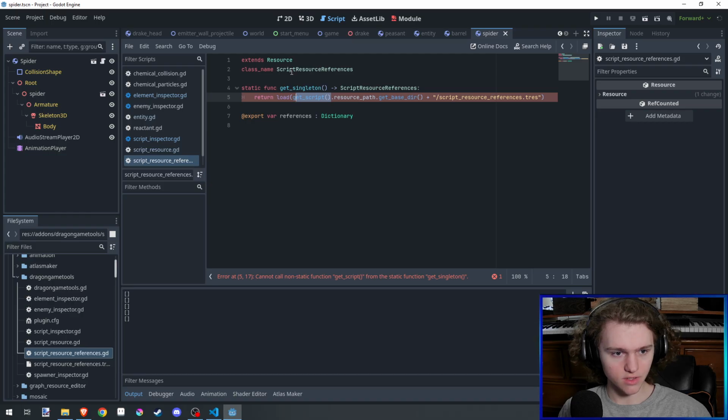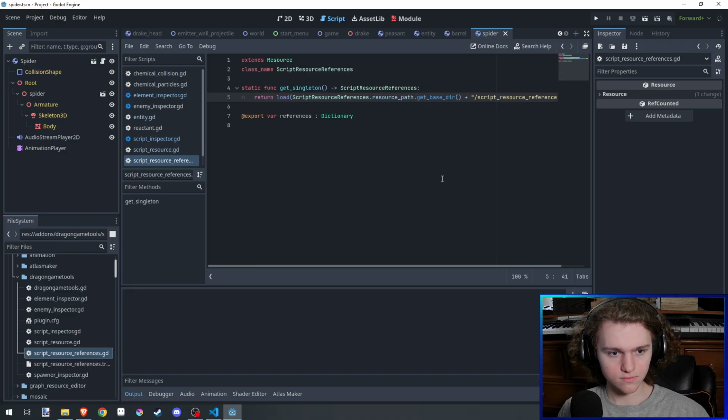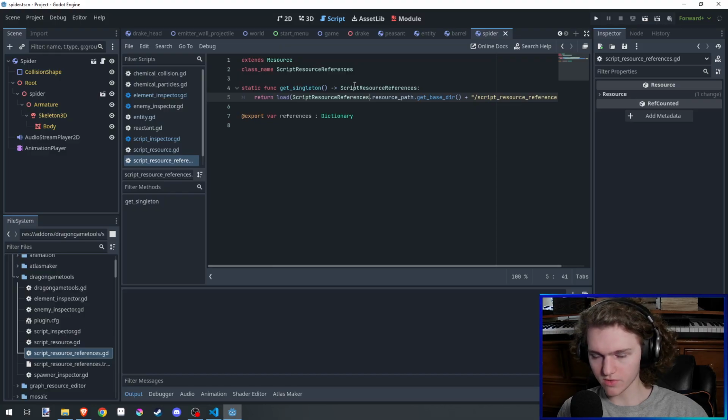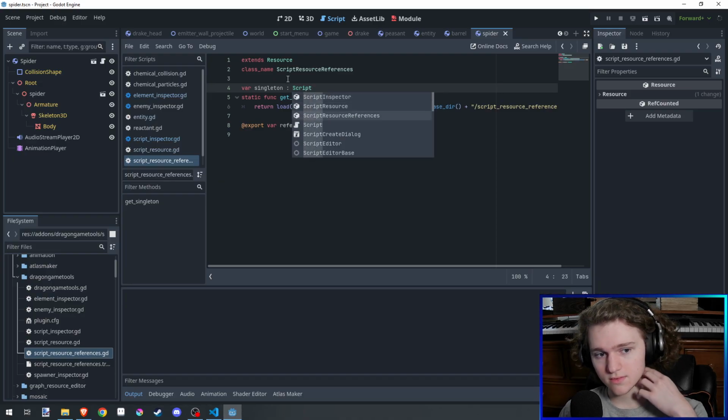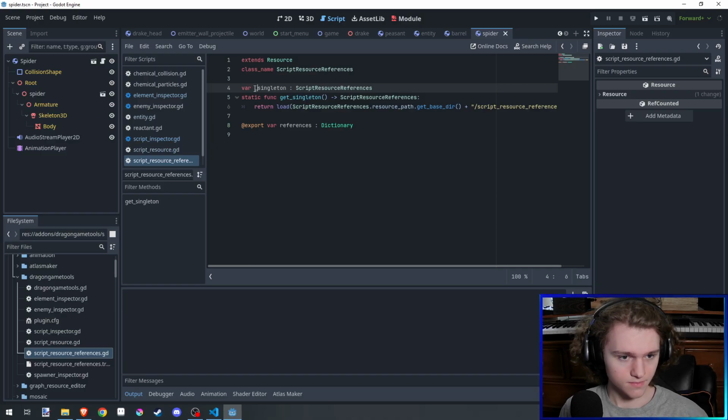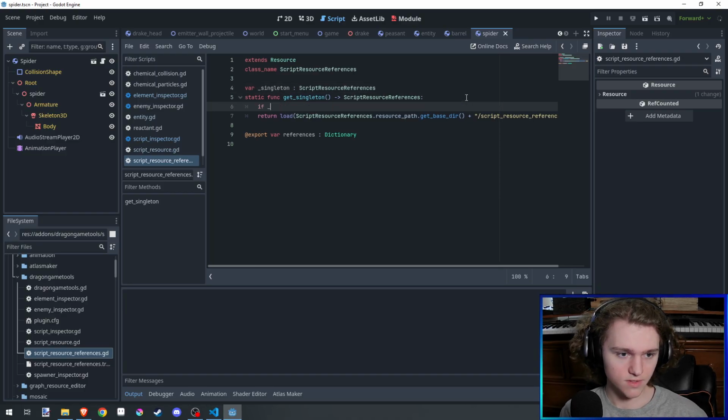Instead of get script, we're going to use our new technique that we've discovered. Okay. So now we're just doing this so it can be reusable, but once we have this line of code once, it should be fine. We can use it anywhere. If we load it multiple times, is it going to give us multiple copies? I kind of hope not. In fact, just to make sure that's not what's going to happen, I'm going to do this. If singleton